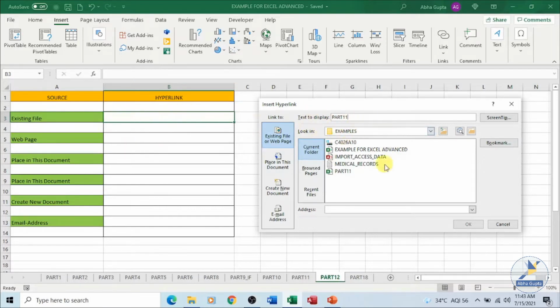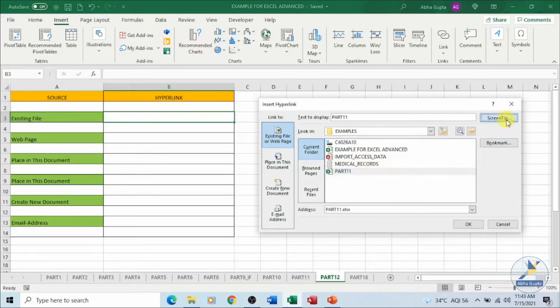You can always browse from here and search for the location, the destination. Since I have this folder in place, I can see all the files which are present in this folder. I want this particular file. You just have to click the file whichever you want to add.